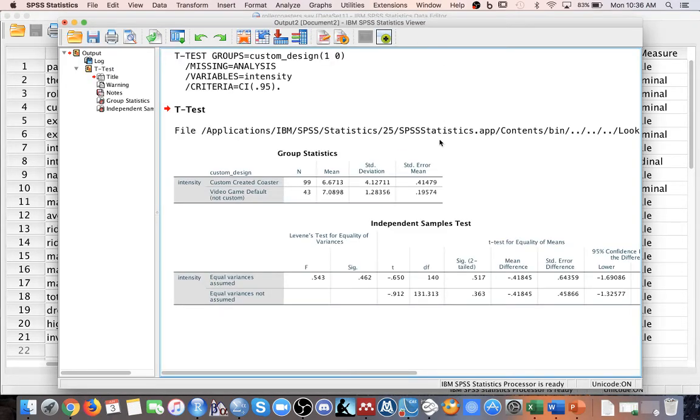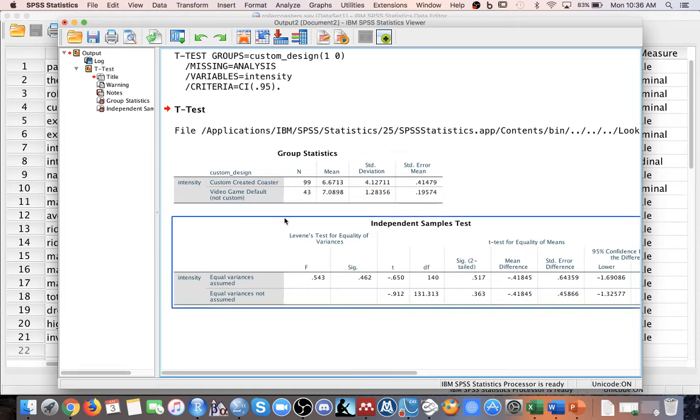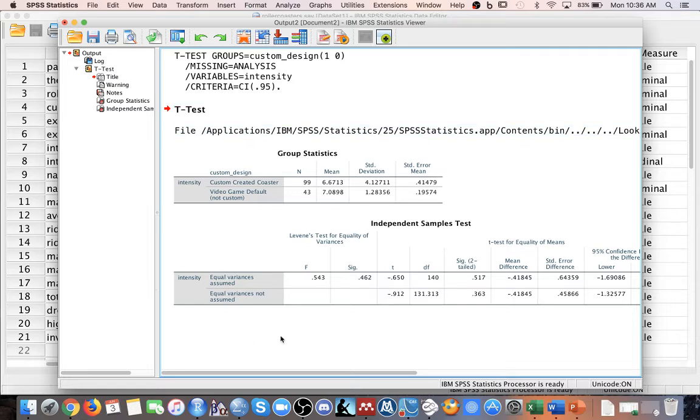It's going to open this up. And we see here the group sizes 99 and 43. We know that those are the sizes. Nothing is missing. See, the means are about 7, or 6.7, I mean, and 7.1. So at this point, I'm looking at that thinking, I don't know that there's going to be a difference, but